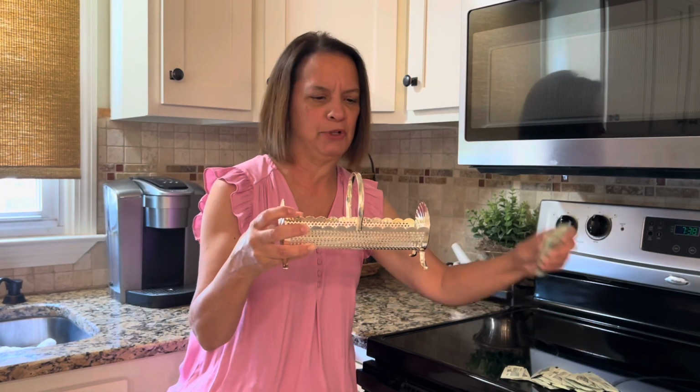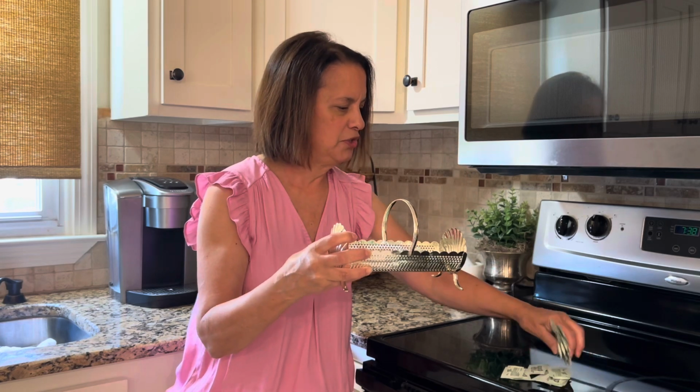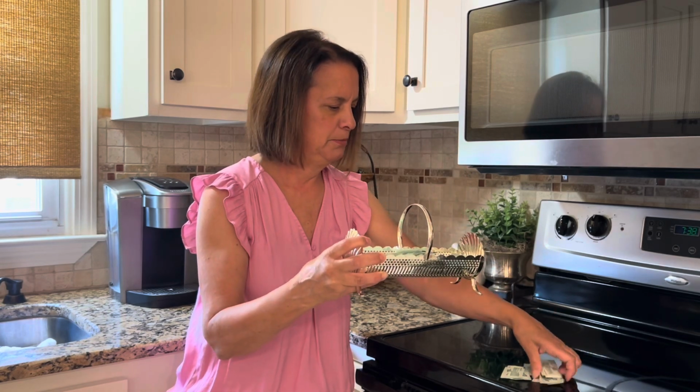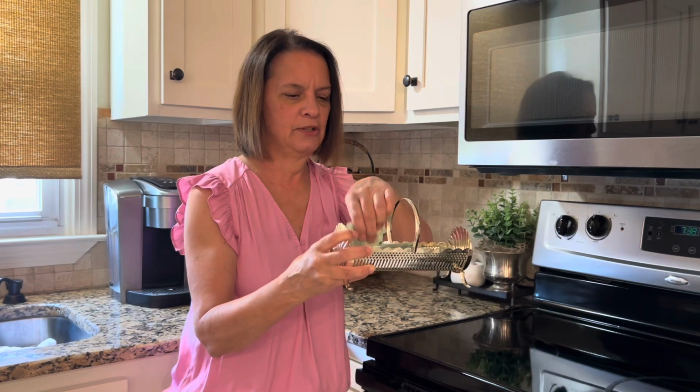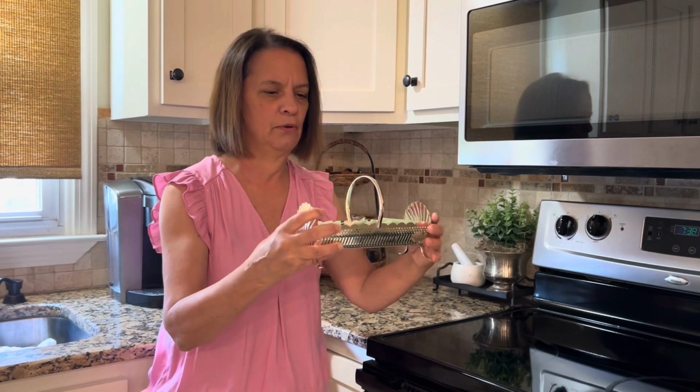I'm putting in my husband's sweetener. We're keeping it real. He uses this in his coffee. So I've got these spread out here. I'm just gonna put them in there like that. And so like I said, it looks pretty, but we use it. So